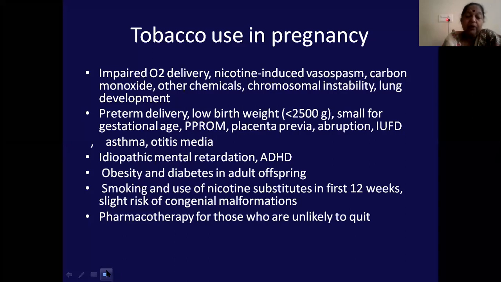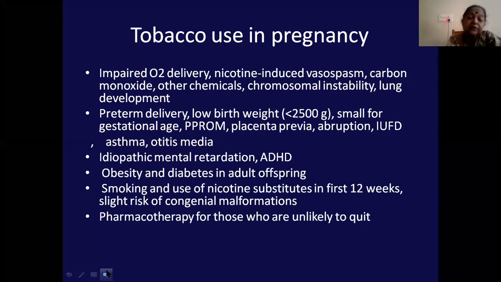So it is very important that whenever we take a history, you have to take the history of these addictions. These addictions are very important here. It has got its own side effects. Okay, smoking and use of nicotine substitutes in the first 12 weeks give a slight increase of congenital malformation, and we need to give pharmacotherapy for those who are unlikely to quit, but not during pregnancy because it has got its own side effects. Because sometimes counseling cannot work, so there are some pharmacotherapies, medications which alter the behavior